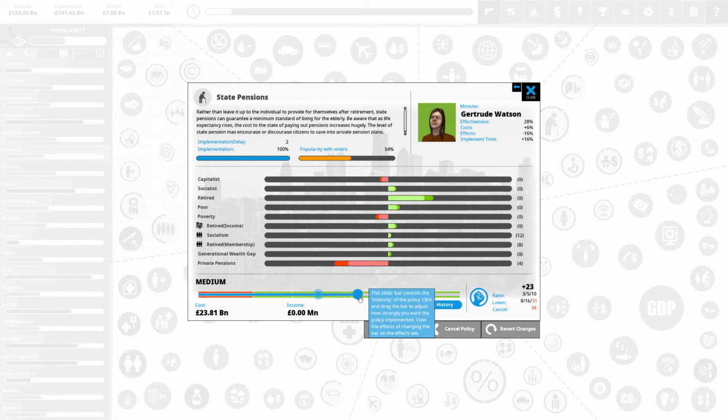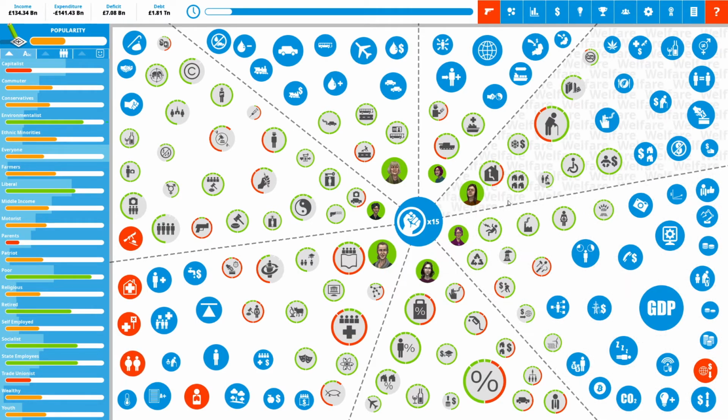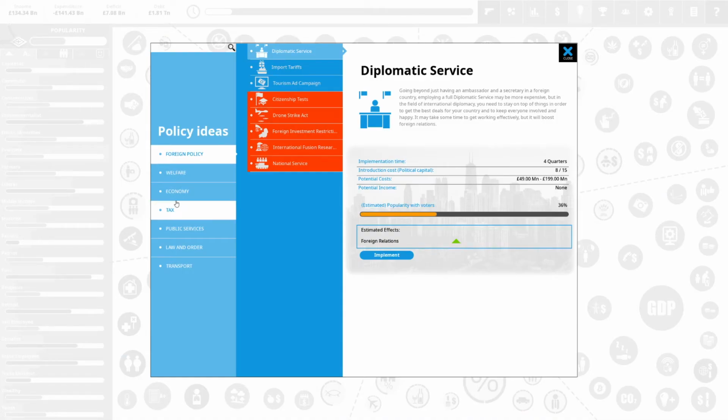So we are spending 30 billion. If we can bring this down to 20 billion would be good, right? It's going to really annoy the retired and the socialists, but it's going to make more people poor as well. But I think we're going to do it. Sorry, everybody. That's a massive change that people are going to hate. But I think it's probably fair to